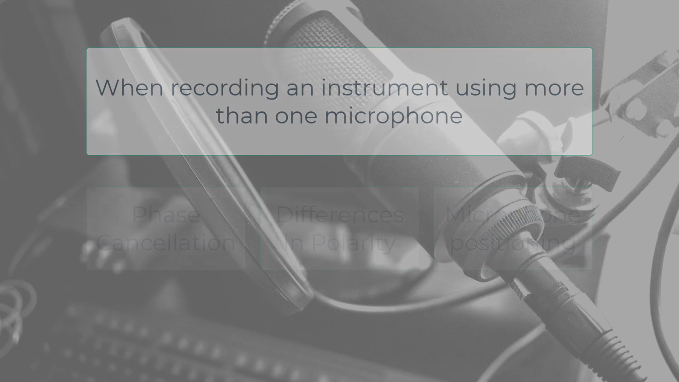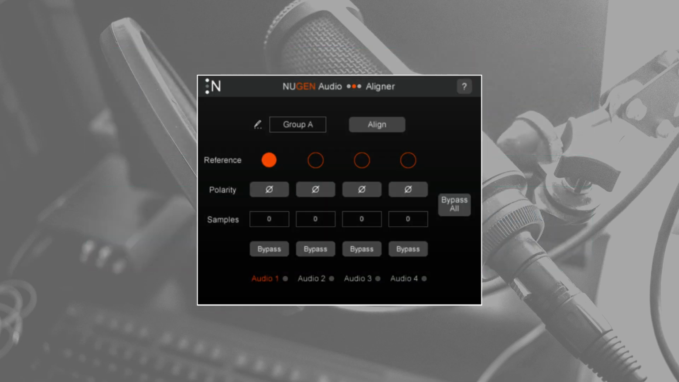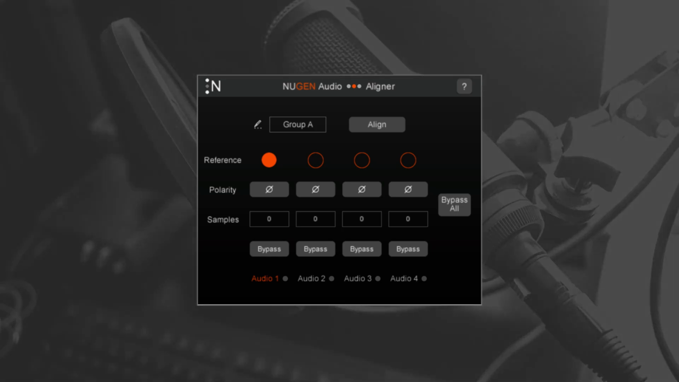mic distances or positioning. Phase cancellation is unavoidable in certain recordings, particularly with multiple sound sources for one instrument. For example, the different elements of a drum kit, but the key is to minimise this so that it doesn't affect what's being heard by the listener. You can get most of the way there with careful mic placement, and a phase correlation plugin like Aligner can